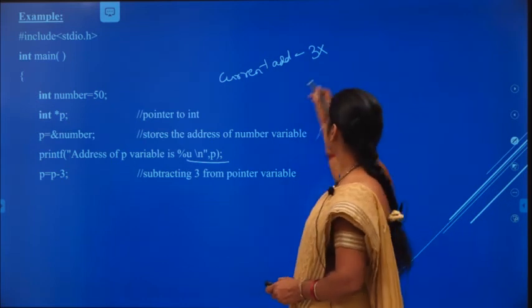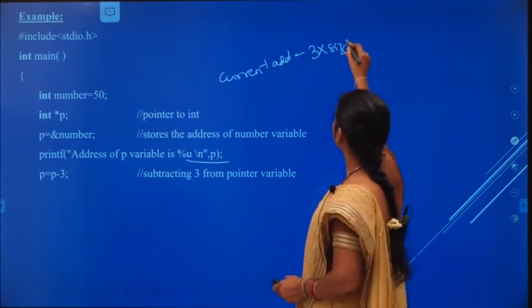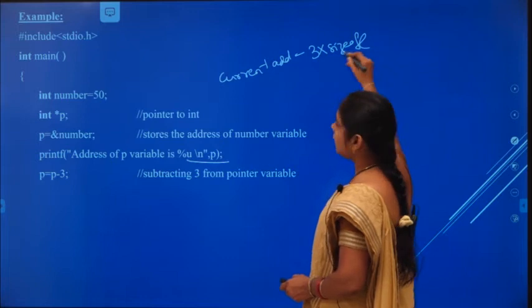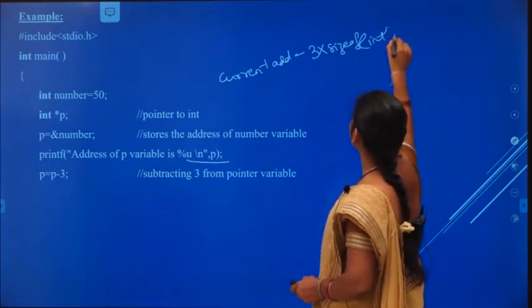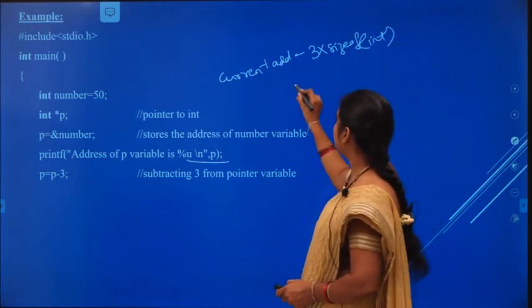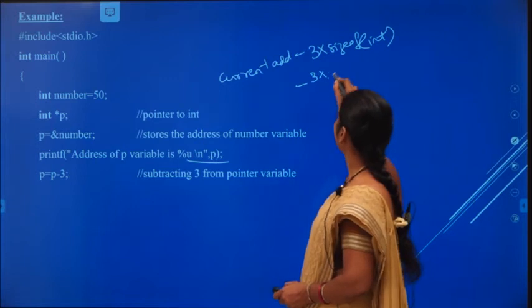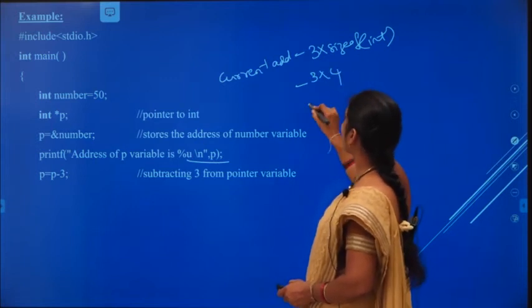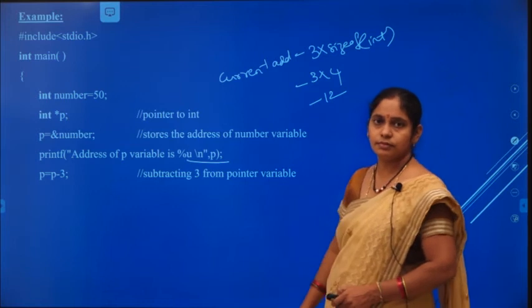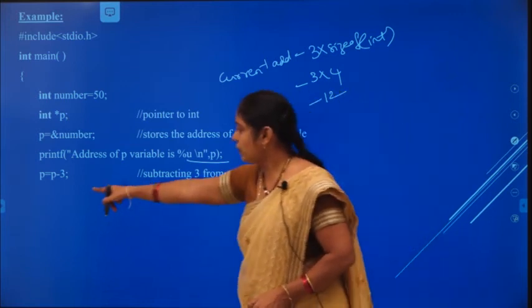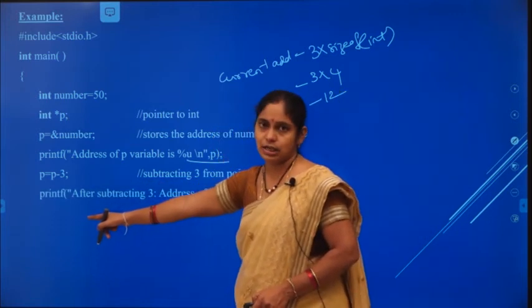The number is 3, and the data type is integer, so current address minus 3 into the integer size of 4 bytes, so minus 12. After subtraction, we print the result.